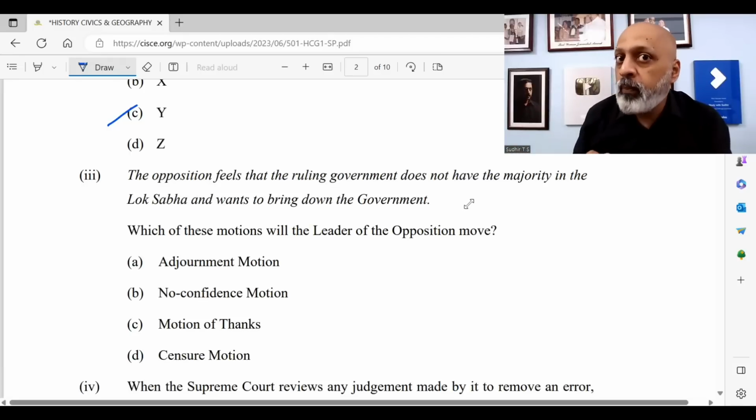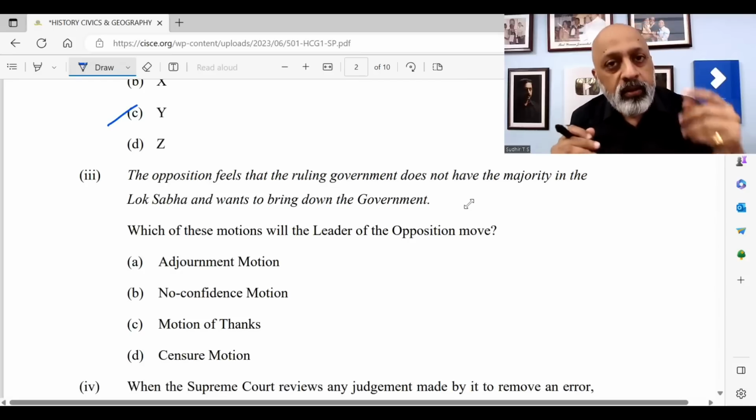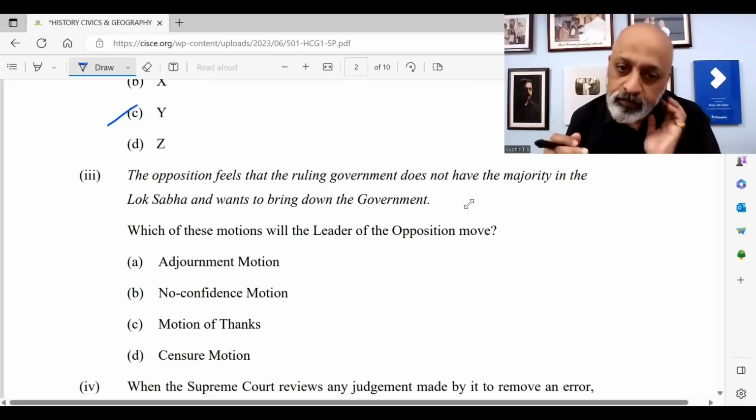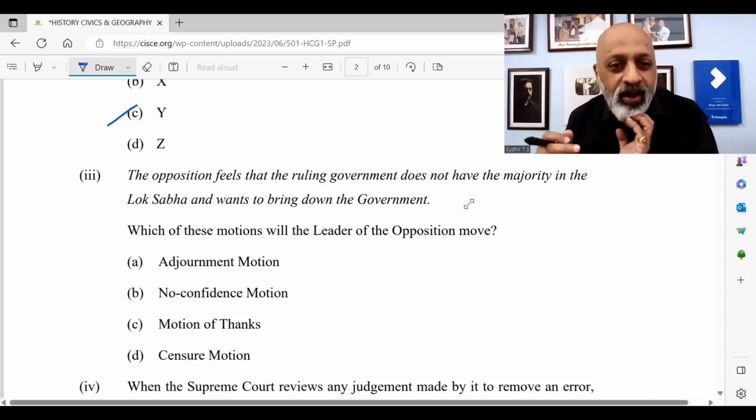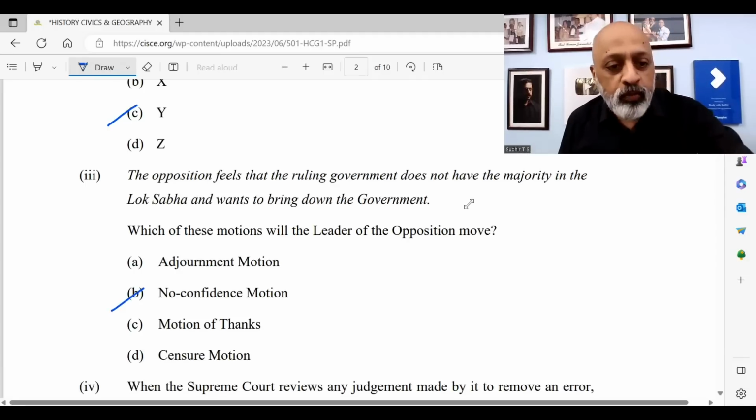You can make it even more complicated by saying that, he was a member of the Legislative Assembly. Can he become a minister? So there are many ifs and buts. So if you understand the entire governance ecosystem and architecture, you can actually create many of these very interesting MCQs, which are already there in many of our test papers in the past. तब students बोलते थे out of syllabus है. अब मजा आएगा बिडू. Which of these motions will the leader of the opposition move? So the correct option is no confidence motion.